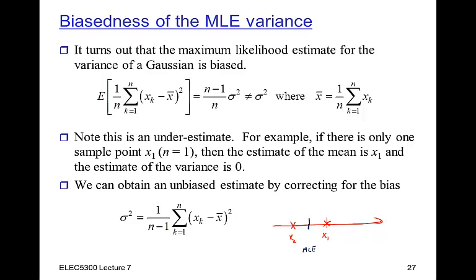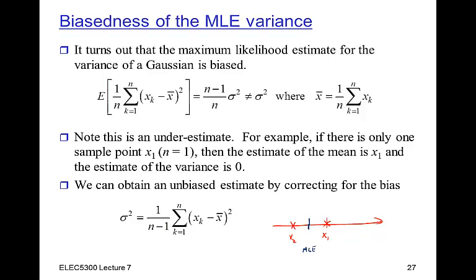Finally, I'd just like to point out that the maximum likelihood estimate does not always lead to an unbiased estimator. We've already seen this. For example, when we looked at the uniform distribution, we noted that if we assume a uniform distribution between 0 and m, and we want to estimate the value of m, the maximum value of the uniform distribution, the maximum likelihood estimate is just the maximum value in the data. Right? So that means that the maximum likelihood estimate of the mean would be 1/2 the maximum value, which is not the sample mean, and we would expect that to be smaller than the actual mean,